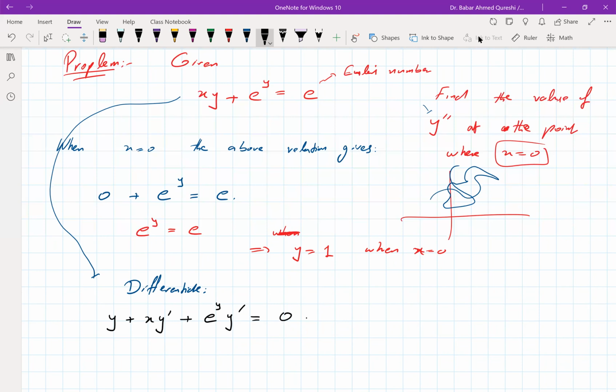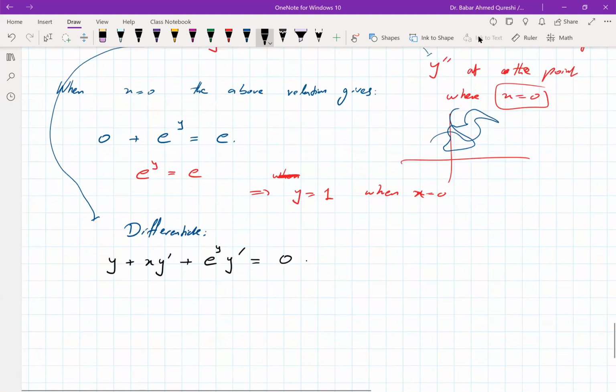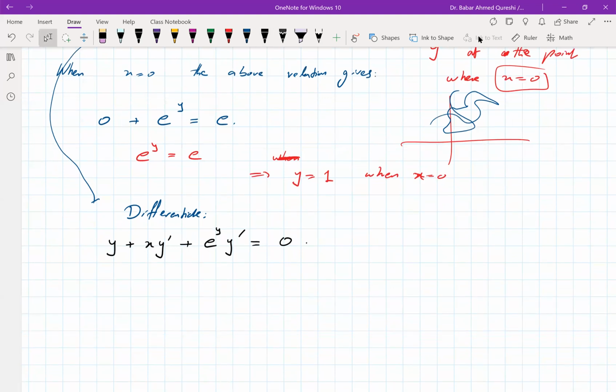I get a 0. So I have this relation, but I haven't gotten a y double dash. I need y double dash, which is by definition the second derivative, which is equal to derivative of y dash. So I differentiate again,